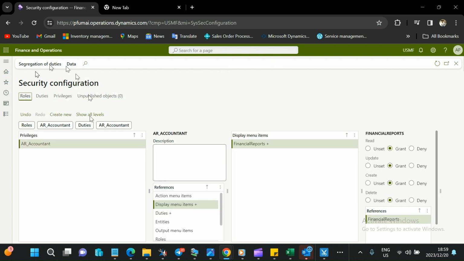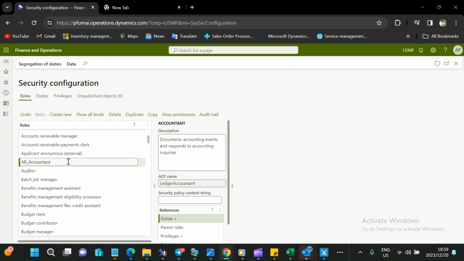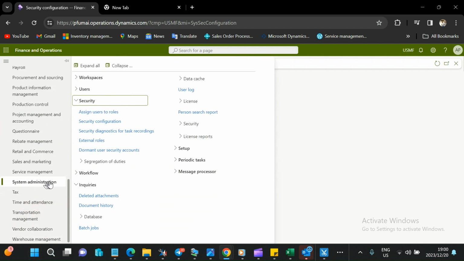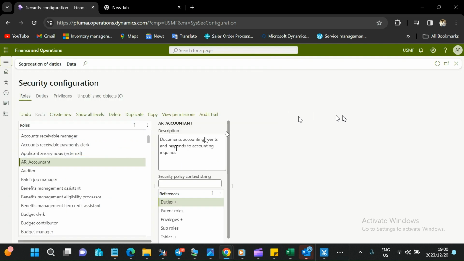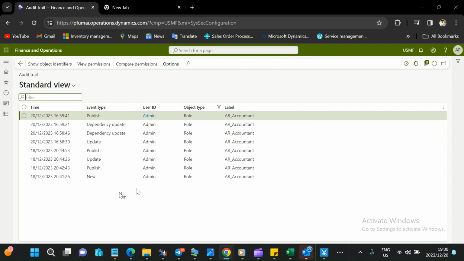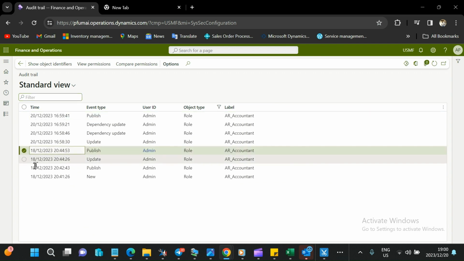Now we can navigate back to the role. Let's say after some time we don't know what changes were made on the role, and now we want to see what changes were made. What we do is select the role again under the same menu path, System administration, Security configuration. We select our role and then go to audit trail. On the audit trail, we navigate to the previous version of the role before the change was made. So this was the previous version of the role on the 18th of December,